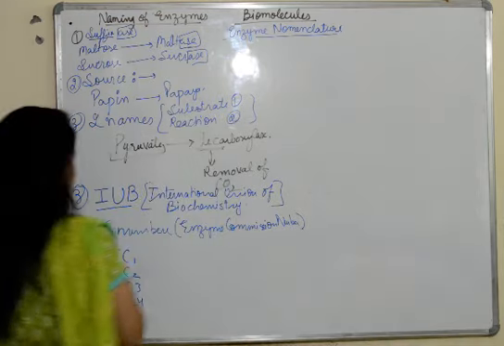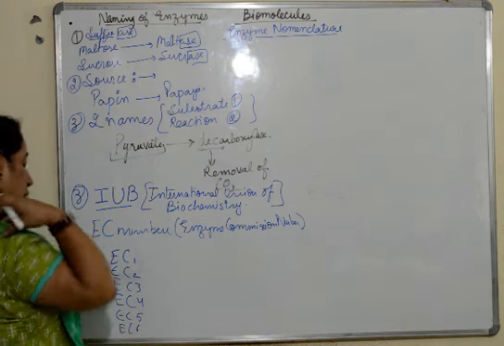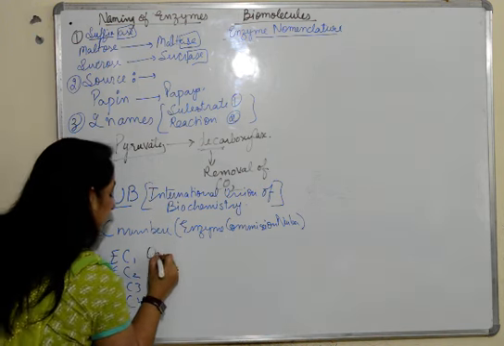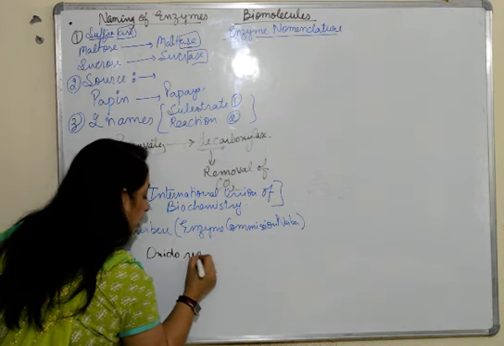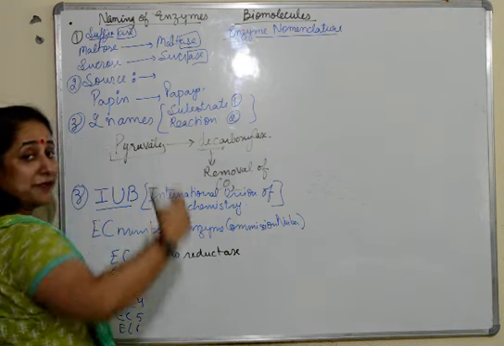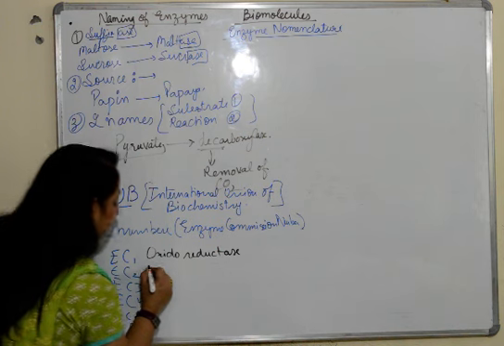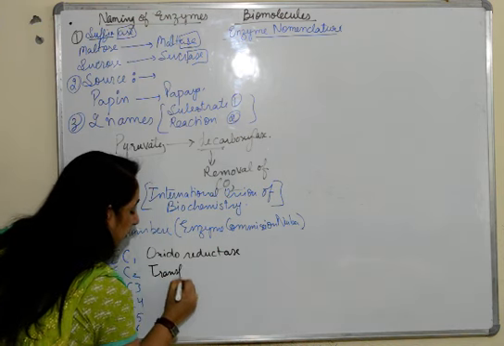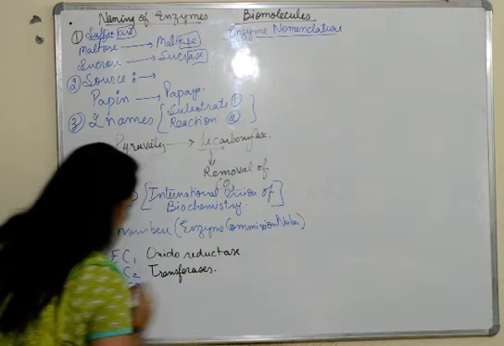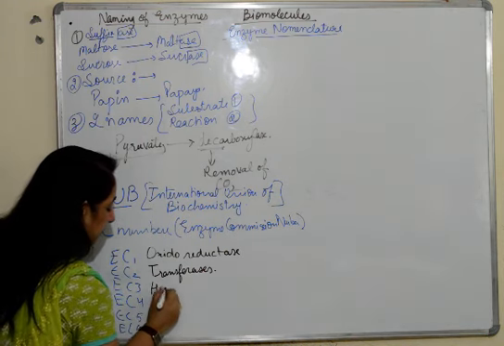In EC1 we have oxidoreductases, these types of enzymes are categorized, and we'll talk about them one by one. EC2 is transferases, EC3 is hydrolases,